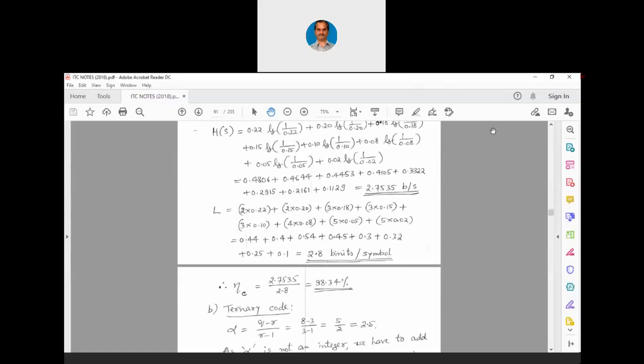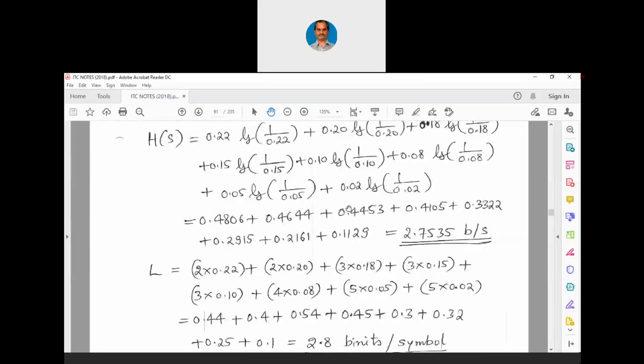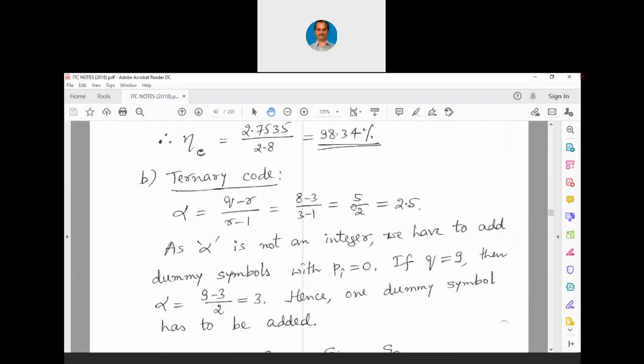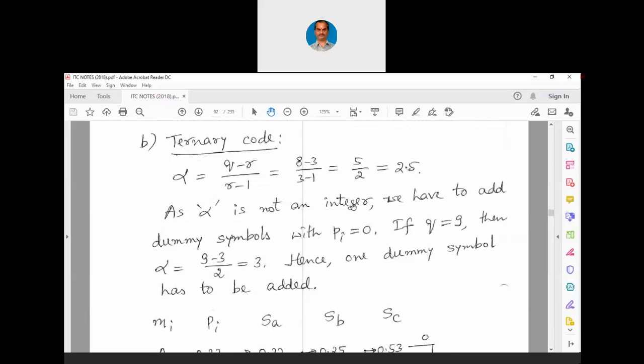Now let us see how to go for the ternary code. Okay, excellent. Anjali also has given the answer. I am happy that apart from the students whom I mentioned, even other students are putting in their efforts and giving correct answers. Let me now zoom a little and show you the example of ternary code now.